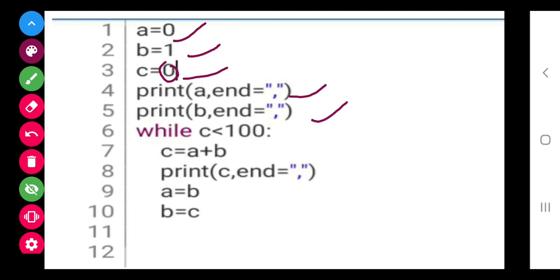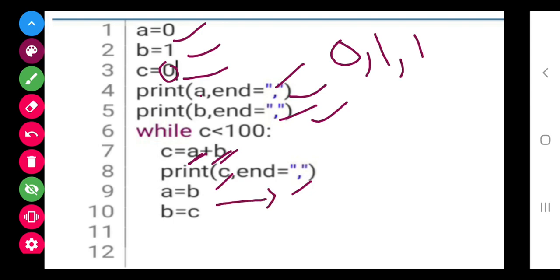First of all the values of a and b will be 0 and 1. After that c will get displayed, and then a comma will get displayed. This 0 will come from this line, 1 will come from this line. After that 0 plus 1, that is equal to 1, will come in this line. Next I have given a swapping method: now that we have got c, this should become a and this should become b. So I want my b to become a, so I have written a is equal to b. I want my c to become b, so I have written b is equal to c.